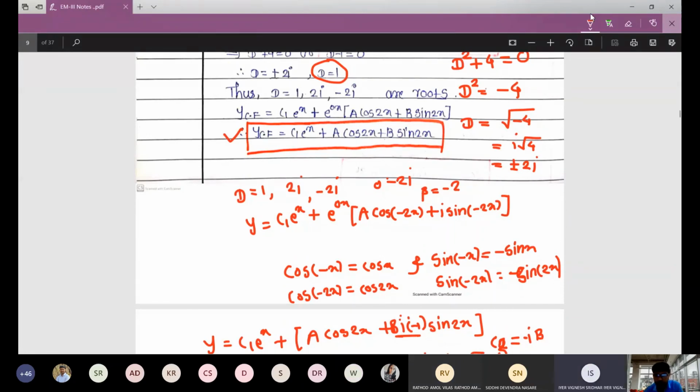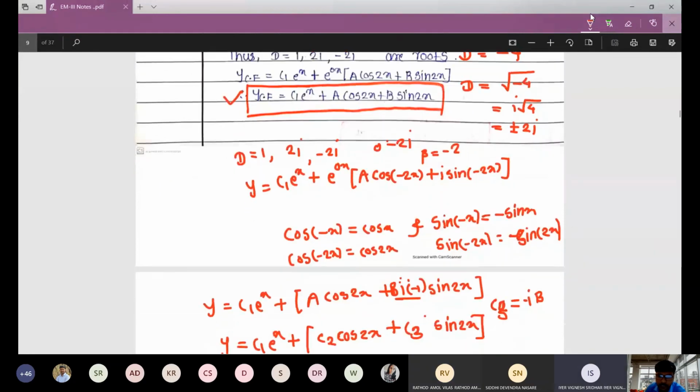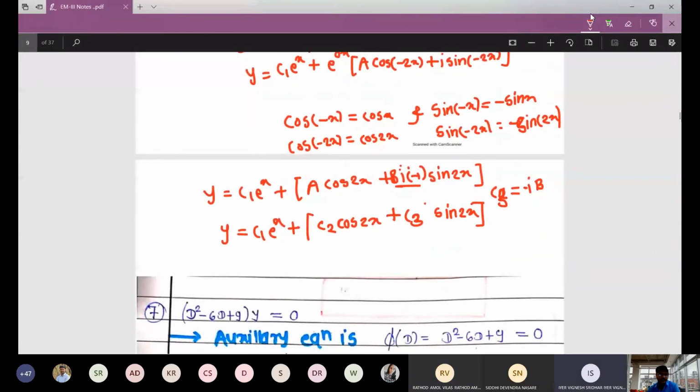Sir, Vignesh. I wanted to ask you, can't we take that negative sign with the equation? In this equation you have taught that you substituted that minus i times beta as c3. So can't we represent it like that only, like a cos 2x minus beta i times sine 2x? Can't we write it like that? If you write up to this, it is good, but to get the simplified form,